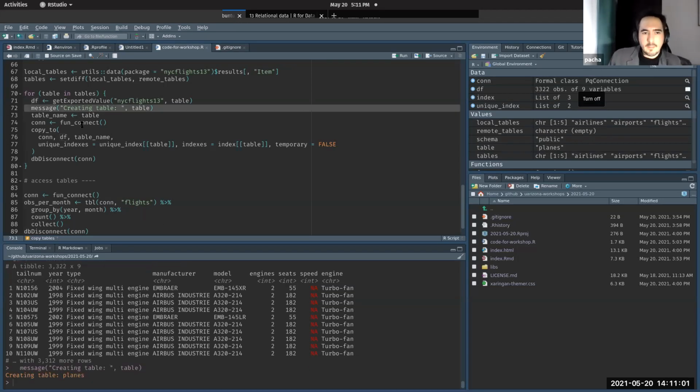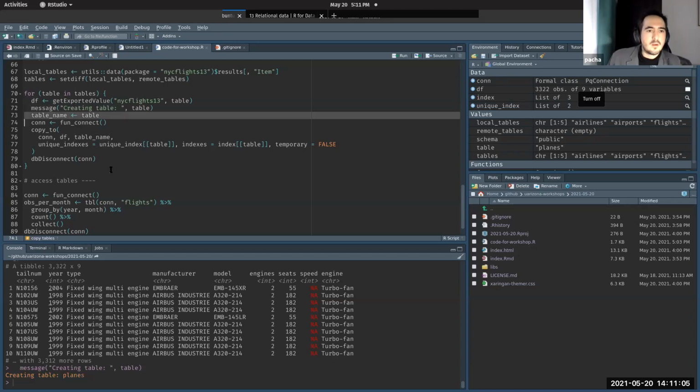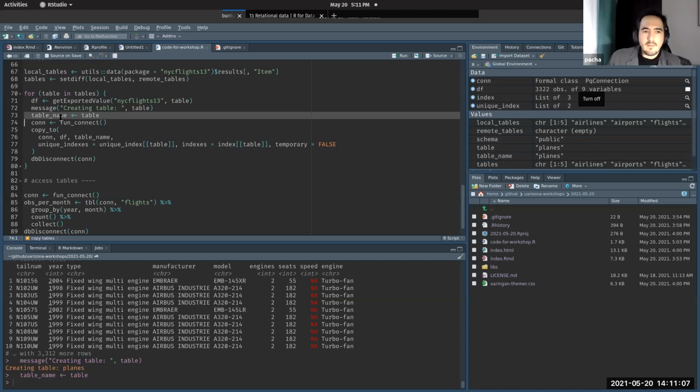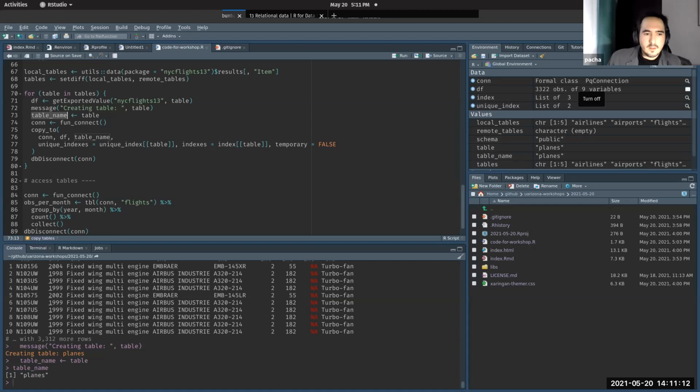Then it's gonna print a message. It says creating table planes. Then it's gonna give a name to the table for the SQL part. I have that there, planes. Then it's gonna open the connection, copy, and disconnect. So now I run this loop,